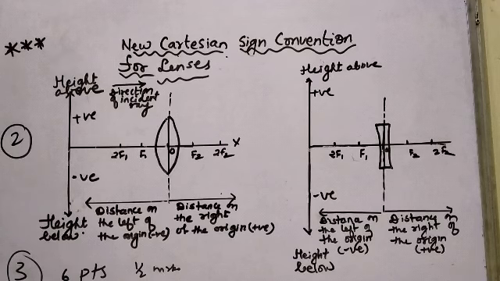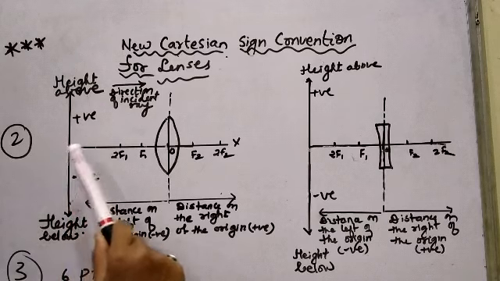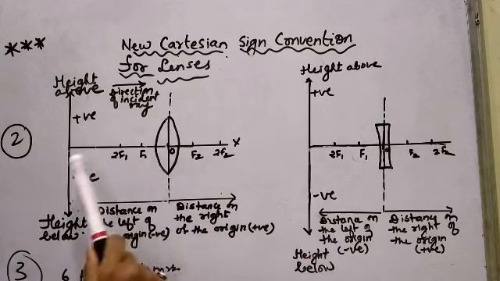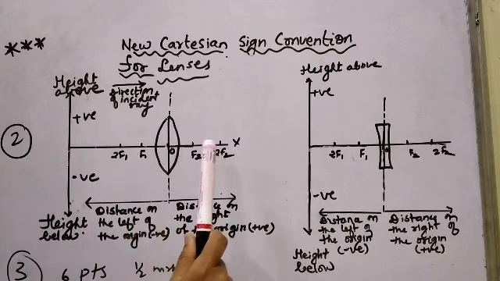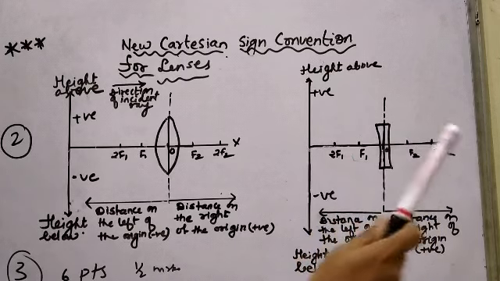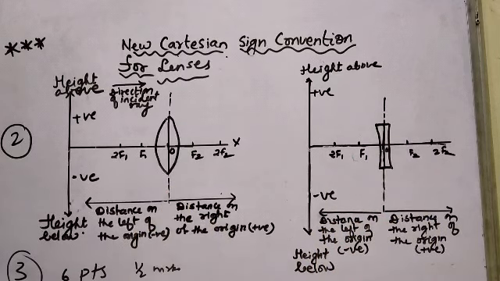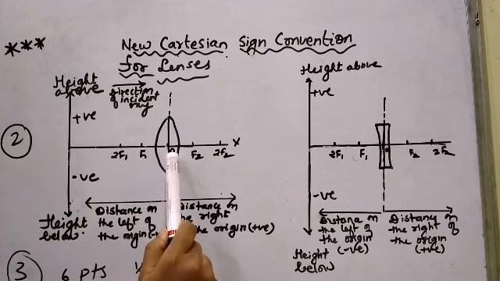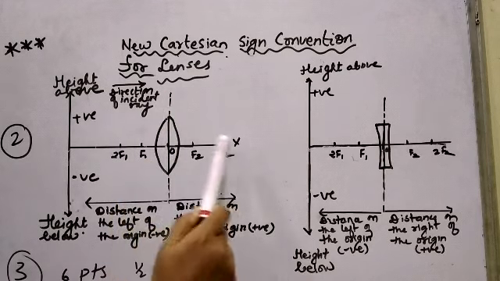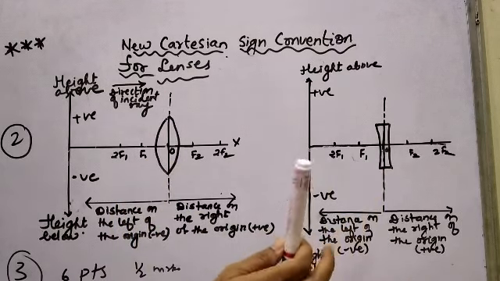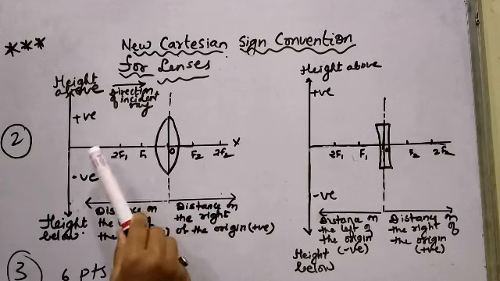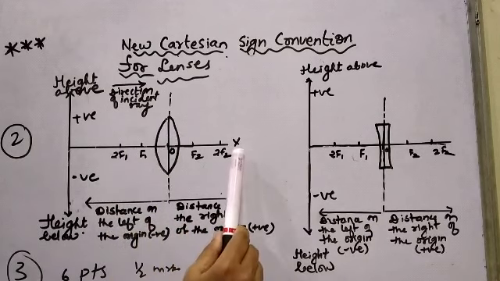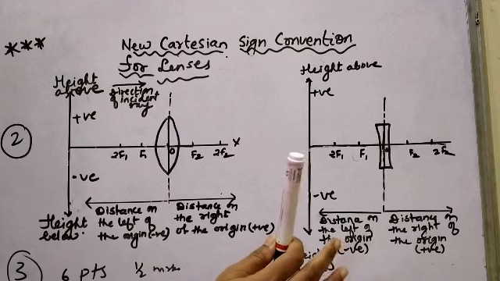Okay. Now see the diagram for sign convention. This is the x-axis of the coordinate system, isn't it? In a graph, when you draw the x-axis. So in case of lenses, the principal axis will be the x-axis of the coordinate system. Here we have shown a convex lens and a concave lens. The optical center of the lens will be taken as the origin. So here, I have drawn a line. This is the x-axis. The optical center will be considered as the origin. Fine. So according to the new Cartesian sign convention, the principal axis is considered as the x-axis of the coordinate system and the optical center will be taken as the origin.